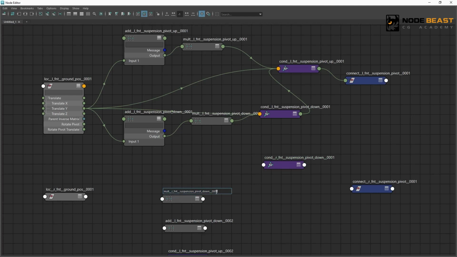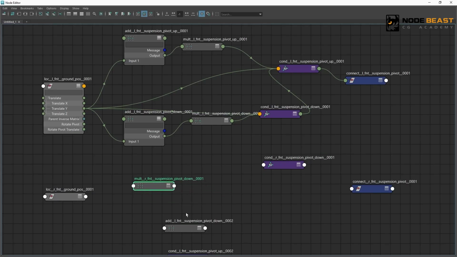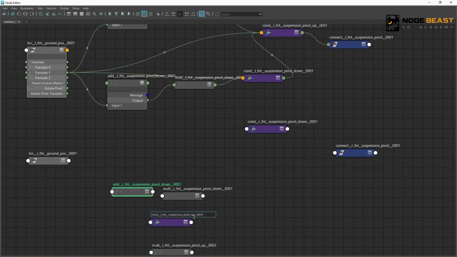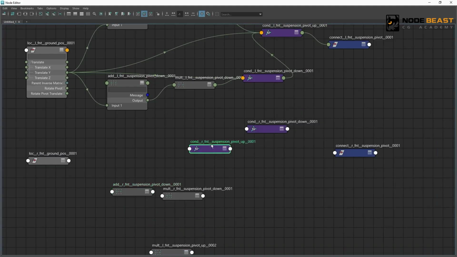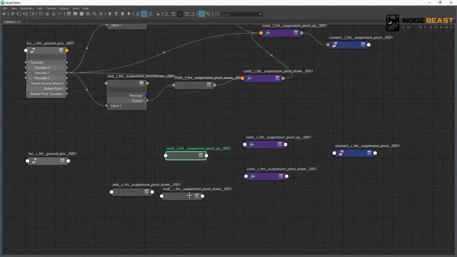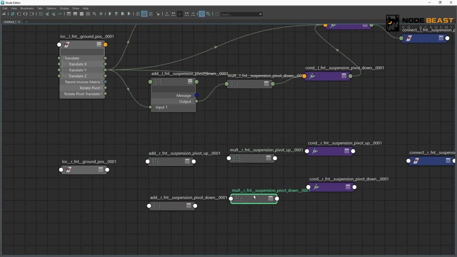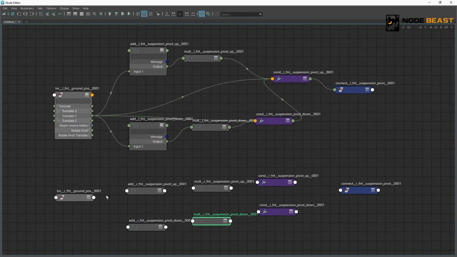If we create new nodes, we'd have to look up the values we set before and set them all again. This way, all the nodes are set.